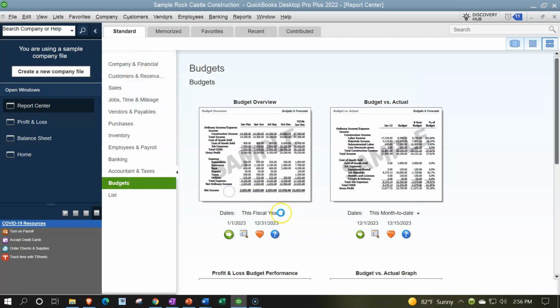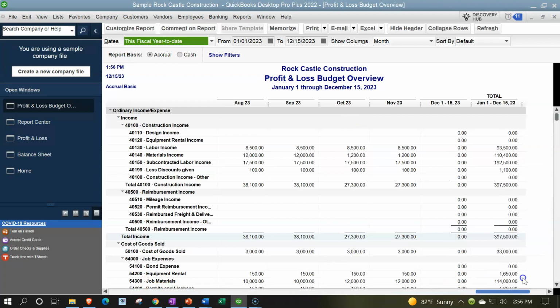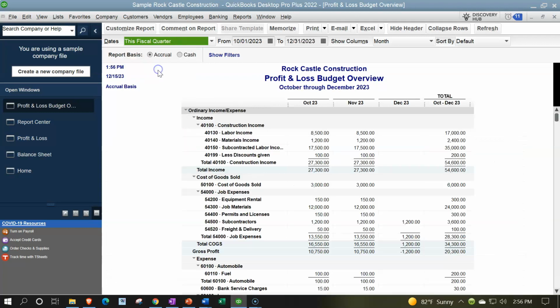So I'm going to say okay, finishing that report off. And we've got the profit and loss by month report for 2023, breaking out January, February, and so on, what we expect to happen through those time frames, totaling up all the way at the right to the total. We could change the date ranges up top. So for example, we might want to see it just for the quarter. Let's say this fiscal quarter. So now we got October, November, and December, and then totaling up over here, looking much like a normal income